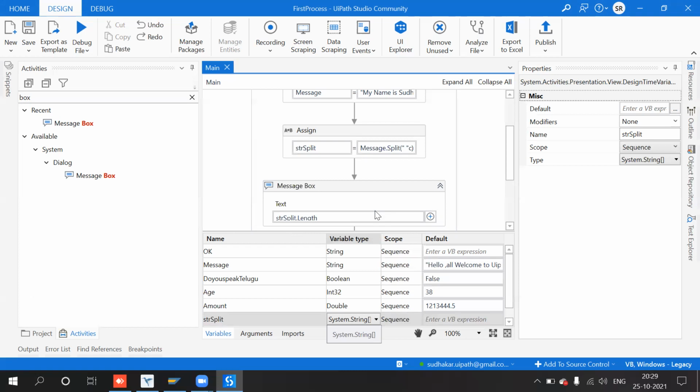Even from an interview point of view, they ask what the difference is between an array and a normal variable. A variable can have only one string, whatever the length may be. So we can call that a string. When you go for an array, it can have multiple values.